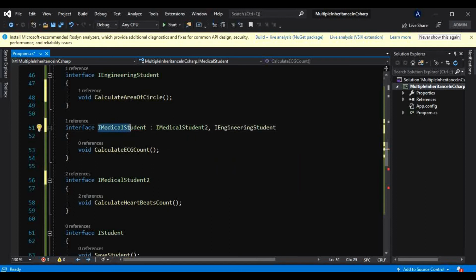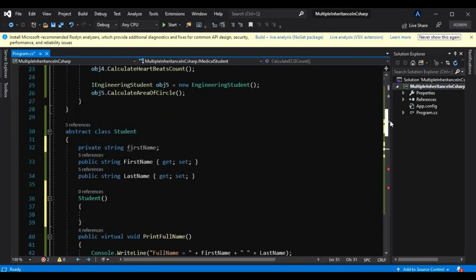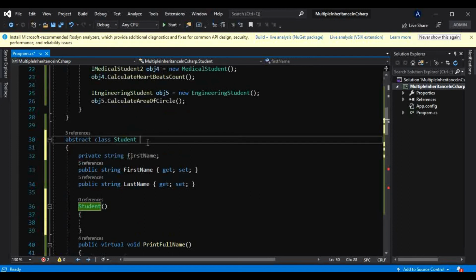So this interface can extend any other interfaces, but an abstract class can inherit only one class which may or may not be abstract.